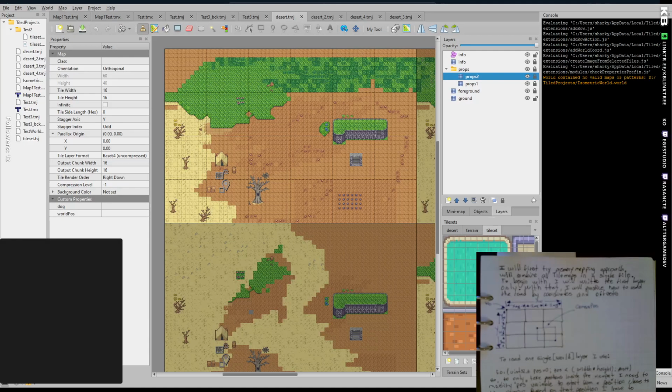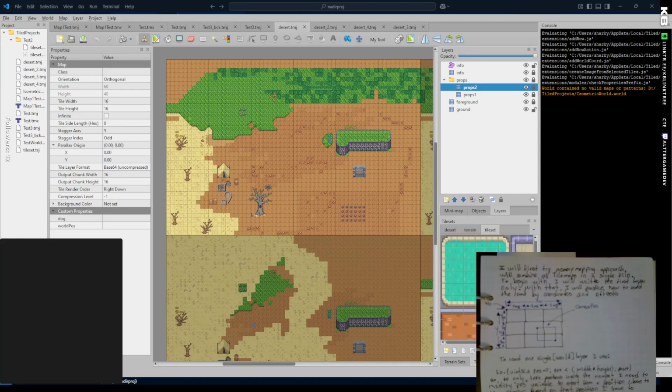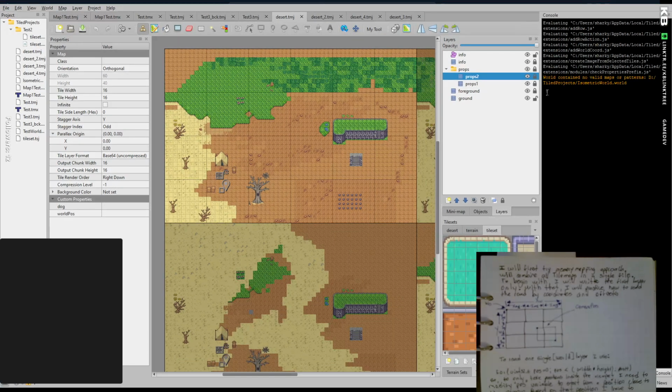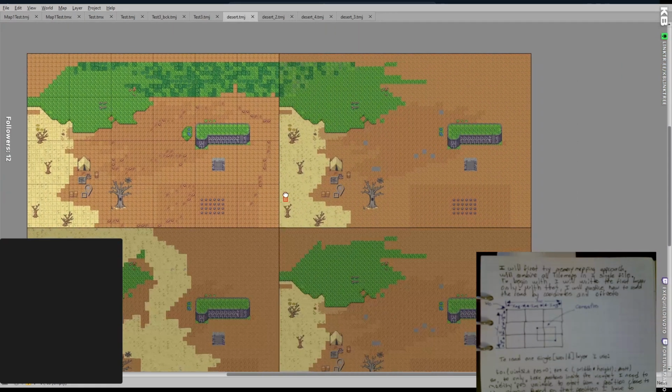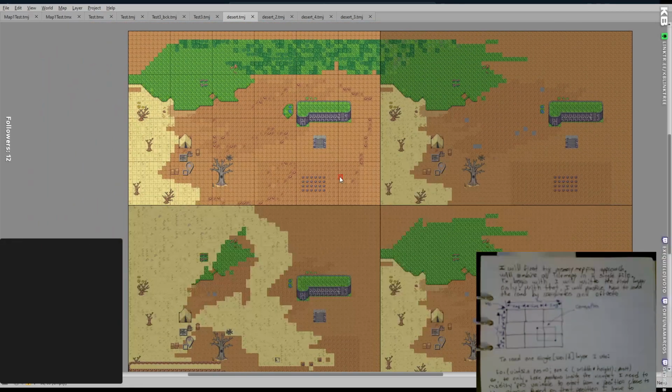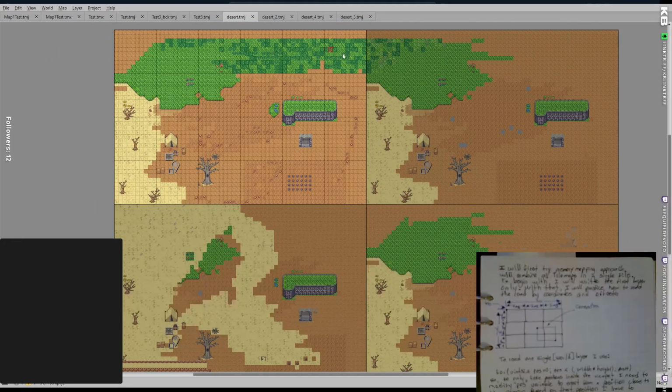These things are the chunks of my maps. I think I can do this bigger. Yeah. So this is 4 chunks, and this is a map of